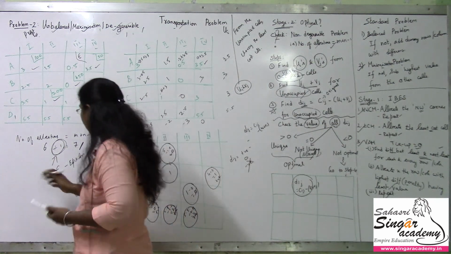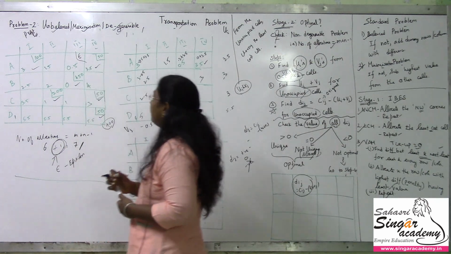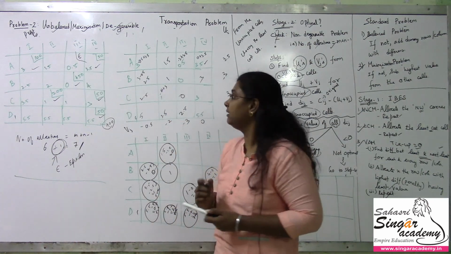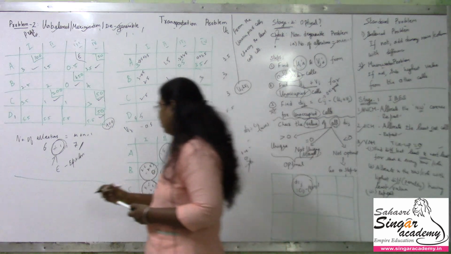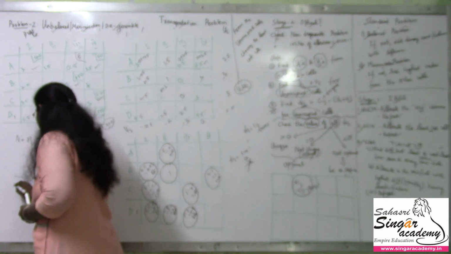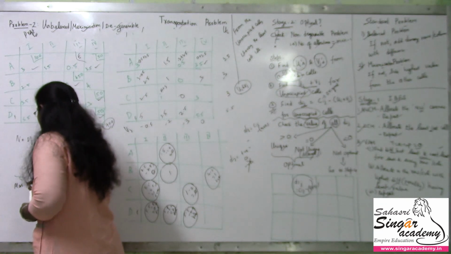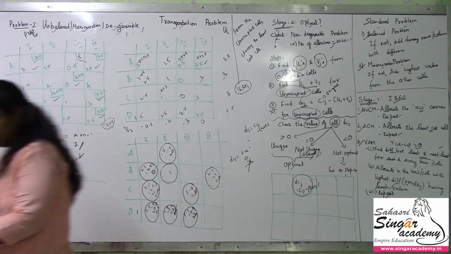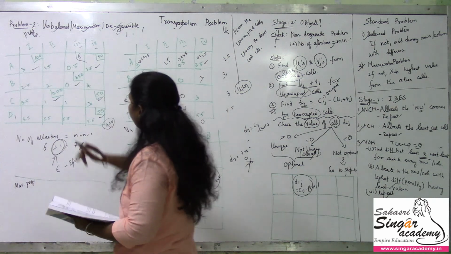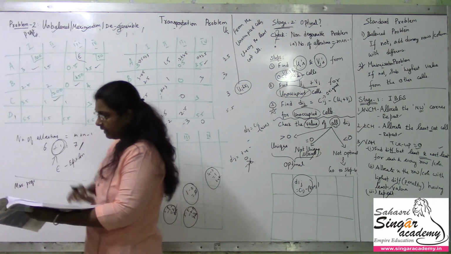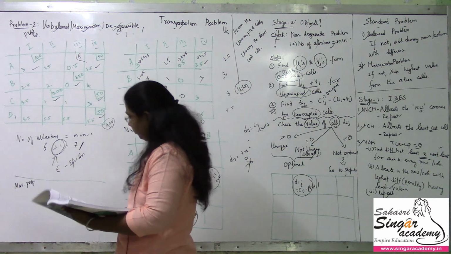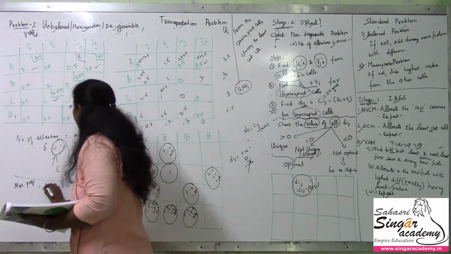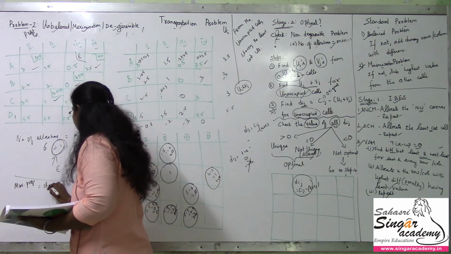So the final answer has to go with the question table, right? Because we have to get the profit. So we have to go for getting the maximum profit. So I take the help of the question from the textbook which I have with me. So the first allocation is done here. The value here was 2.5. So 300 units, 100 into 2.5.